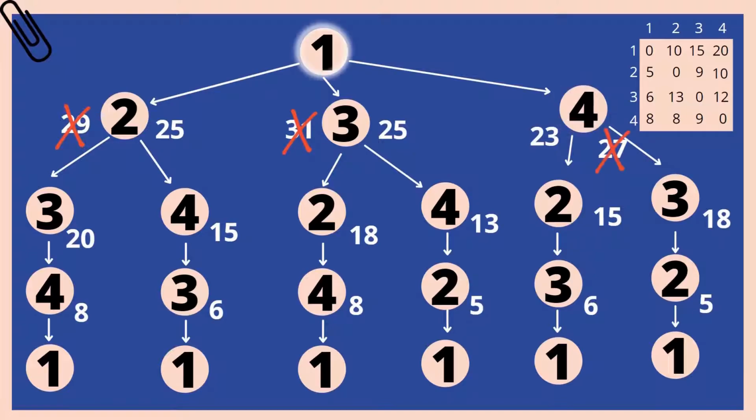Now we will move to the first city, that is 1. So now we have 3 options: 25, 25 and 23. We will add 25 to the distance 1, 2. So our distance 1, 2 is 10 plus 25, that is going to be 35. Similarly, 25 plus 1, 3, and 1, 3 is 15. Similarly, 23 plus 1, 4, and 1, 4 is 8. So out of these 3, the minimum is 35. So our solution is going to be 35, which is the minimum path of the salesperson traversing through all the cities and returning back to the same city.